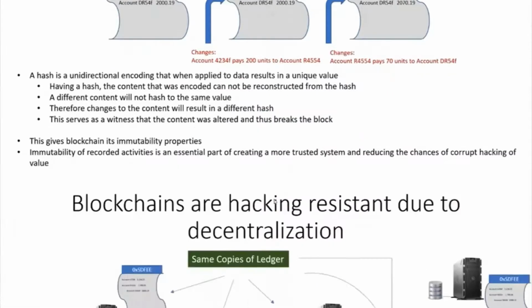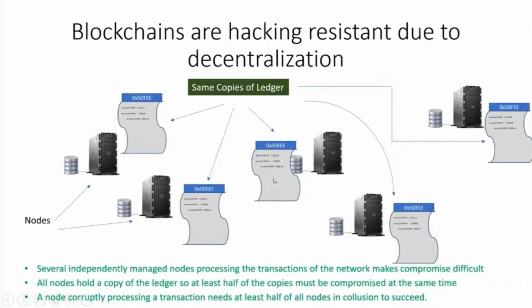A second thing is decentralization. Blockchains are hacking resistant. They are difficult to compromise because they're decentralized. What that simply means is that there are many disconnected, independent nodes that process transactions on the blockchain. And what if a hacker or someone with a bad intention decides to go after this network to maybe change or alter a transaction, a future transaction,